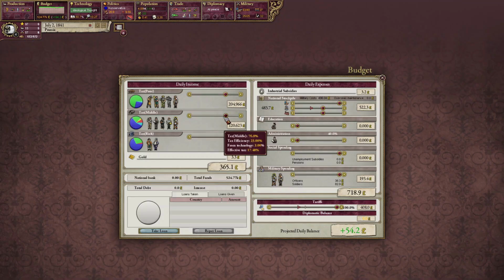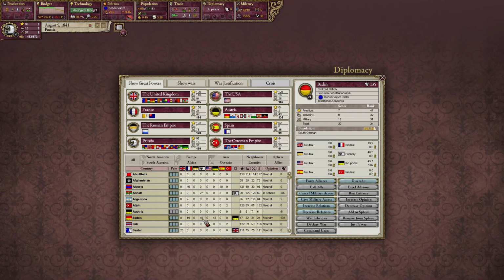I'm going to start turning down the taxes, see if we can increase our general happiness here, and maybe start turning up the education to increase our literacy. Alright, we've left a little close in Baden. I'm not sure if we're going to...